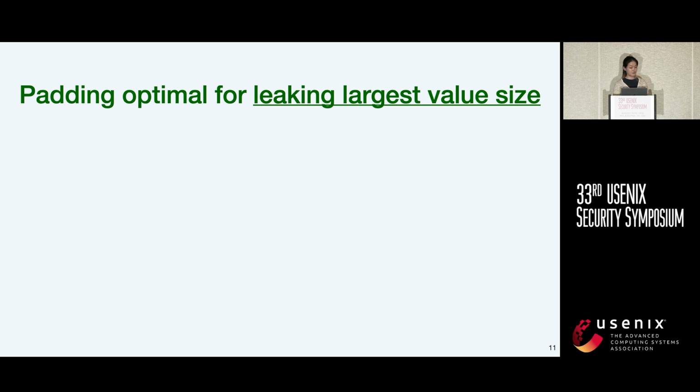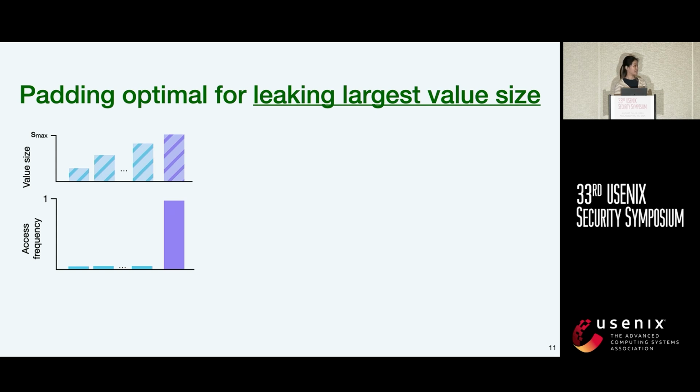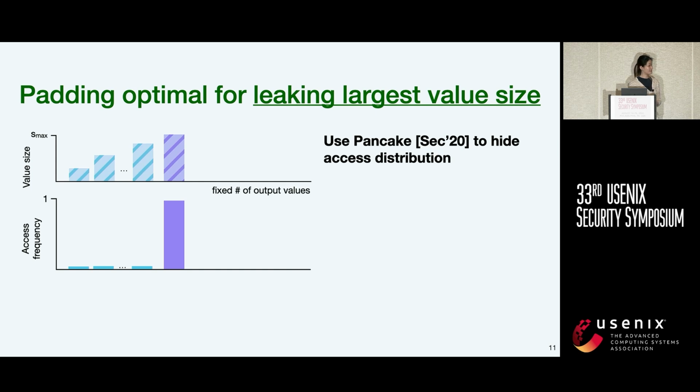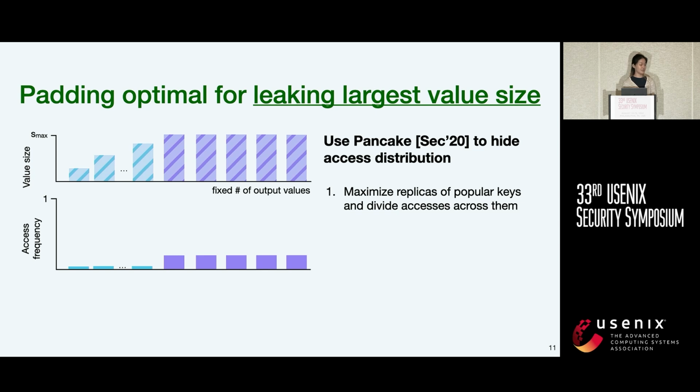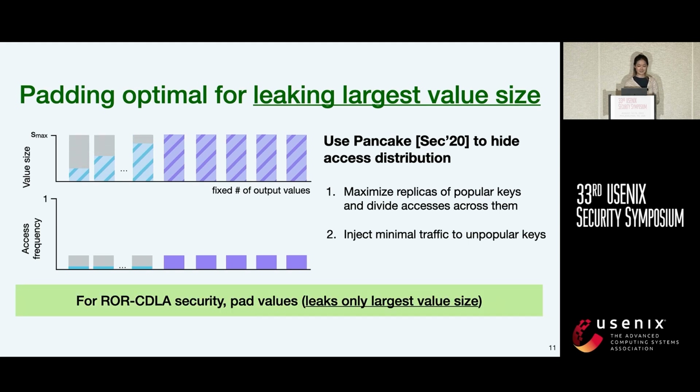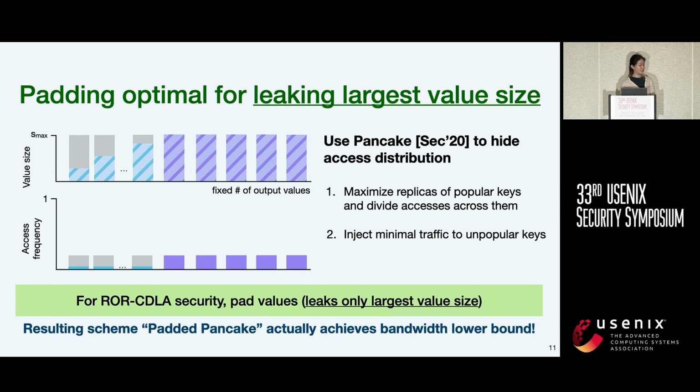Consider an example input with the access distribution skewed towards keys with larger values. We use the prior oblivious access scheme Pancake to hide this access distribution. Given a fixed number of values in the encrypted store, it creates as many replicas of the popular keys as possible and divides accesses across them. Then, to achieve a uniform access distribution, it sends additional fake queries to the unpopular keys. Pancake doesn't hide length leakage, so the only step to make it ROR-CDLA secure is to pad all values to the largest size. This resulting scheme, which we call padded Pancake, actually achieves the bandwidth lower bound that we